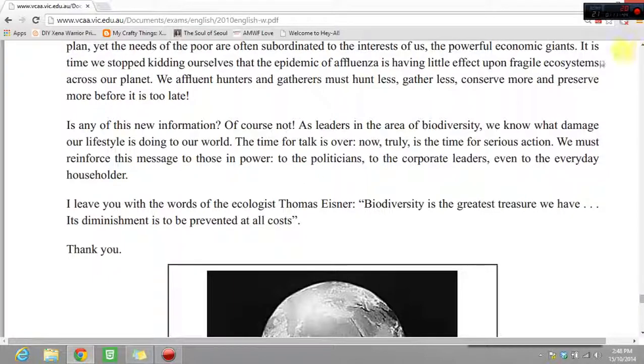Again, I just skipped briefly that notion of what he wants us to do as part of that call to action, which is to contact the people in power, politicians, corporate leaders, everyday householder. So he gives the audience some explicit instructions so they not only understand what this issue is, but what explicitly they should do about it. So he's not just loose in his terms of, we need to take action in general. He lays out a plan so that therefore makes it easier for the audience to leave this conference and know what the next step is.